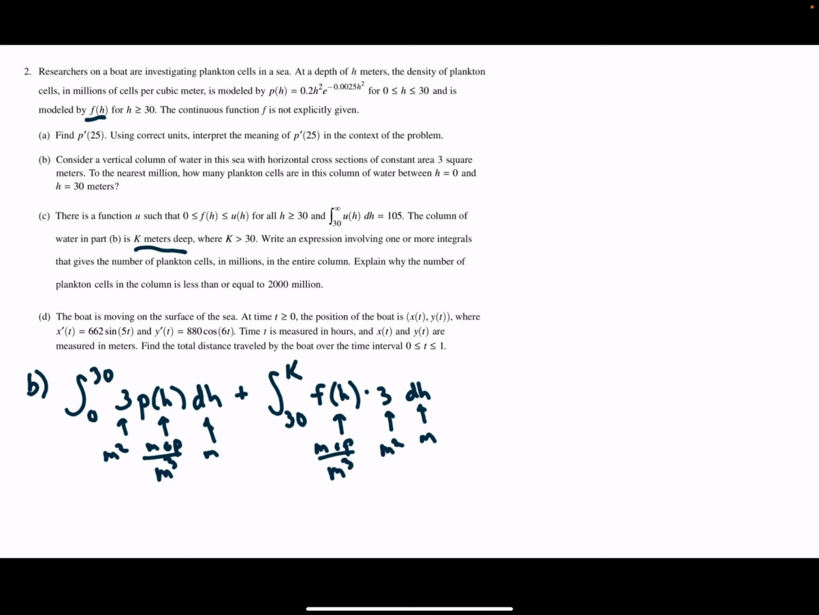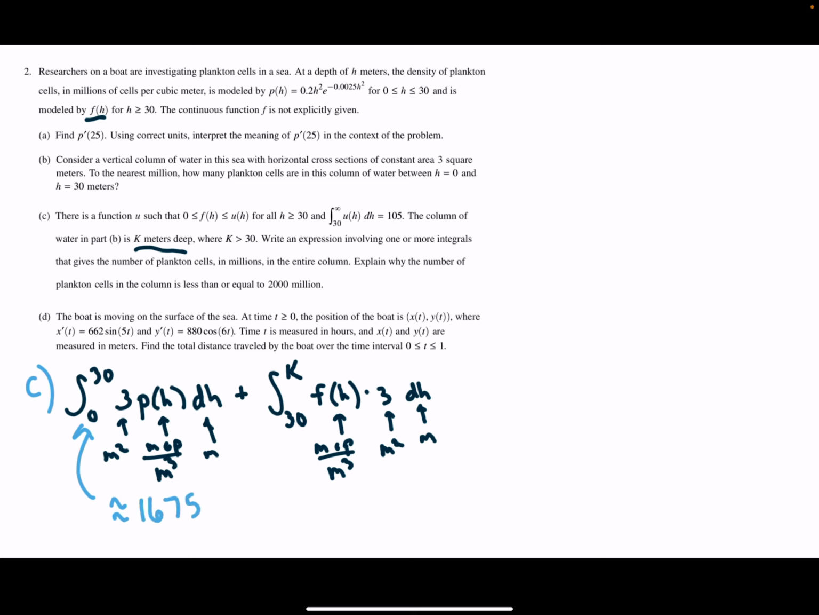Okay, so I have these stupid looking integrals, but now I have to explain why the number of plankton cells in the column is less than or equal to 200 million. I labeled this part B, but it's really part C. Take a second to note that so far, I know this is the most uncomfortable problem, but we've got half of part C done already, or maybe 2/3 of part C done already. And now I just have to explain why the number of plankton cells in the column is less than or equal to 200 million. Well, we said in part A that this was approximately